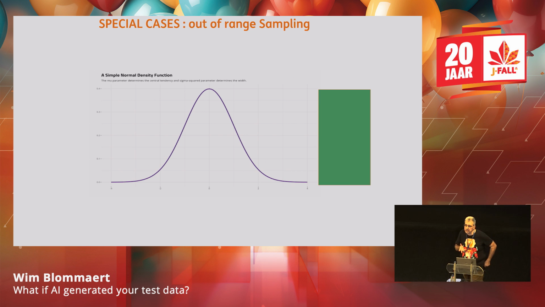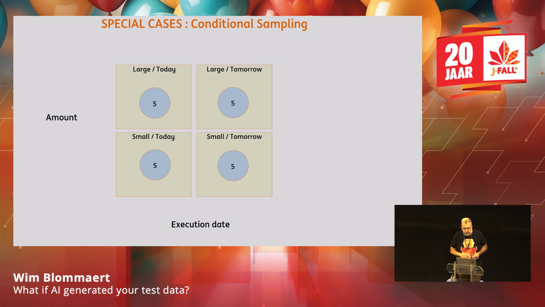So if it doesn't exist, then it's not in the model. So that means we can even generate stuff that wasn't in the model, meaning it didn't exist in production. We call that out-of-range sampling. And the advantage of using these techniques is that